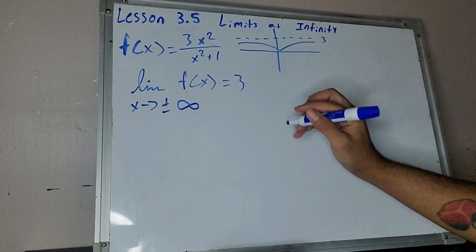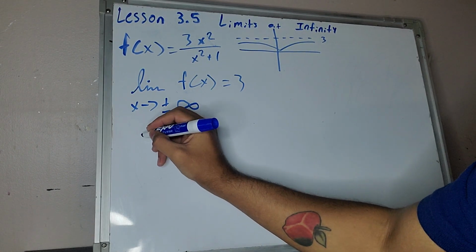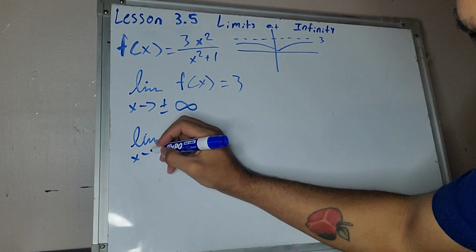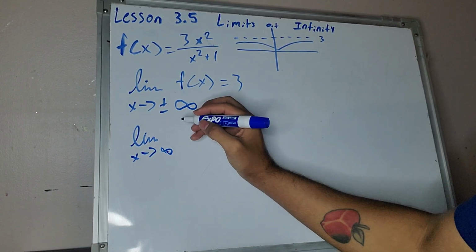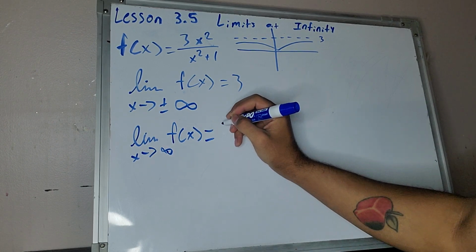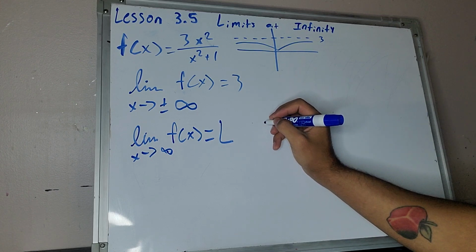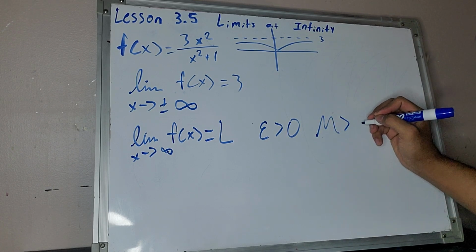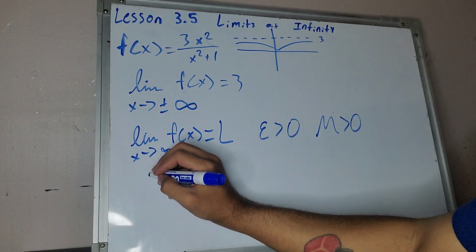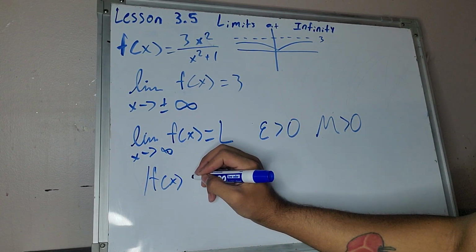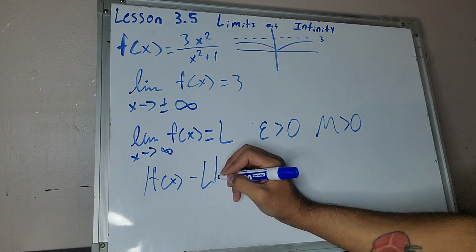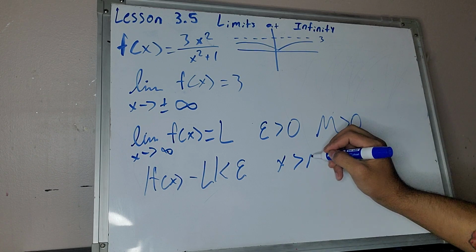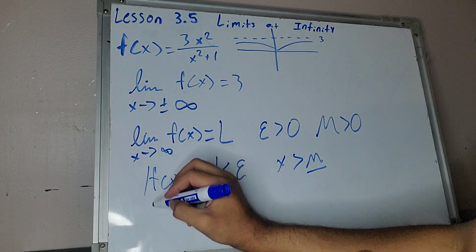Limits at infinity are defined as when the limit as x approaches infinity of a function is equal to a real number L. For each epsilon value presented that's greater than 0, there exists a real number M that is greater than 0, such that the absolute value of the function minus the real number is less than epsilon whenever x is greater than the real number, and